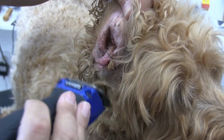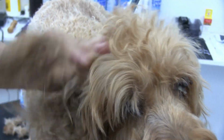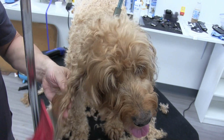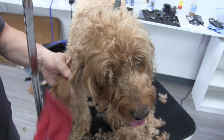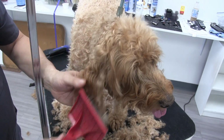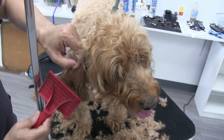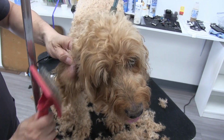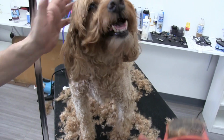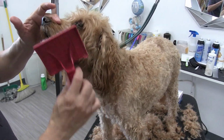And once we do this little clearing out, we're going to start to brush out. And I'm being really cautious with brushing this out here, guys. I'm not touching anything. I am going to throw some gloves on. It's just to do what I just did. I don't want to put gloves on because it will affect my precision with my hands. I don't like to work with gloves on and hold the clippers